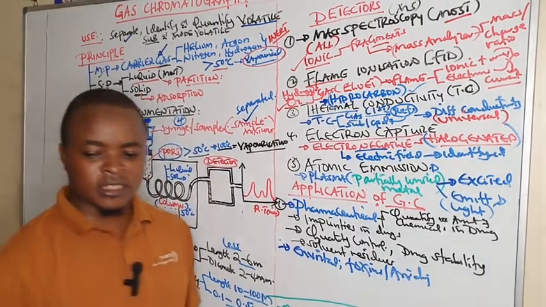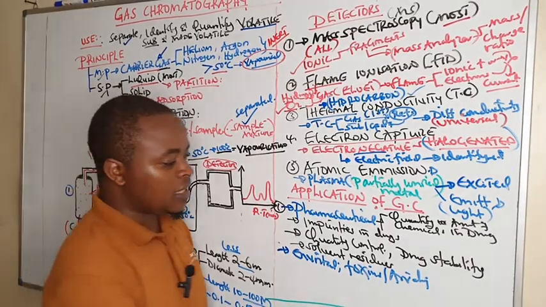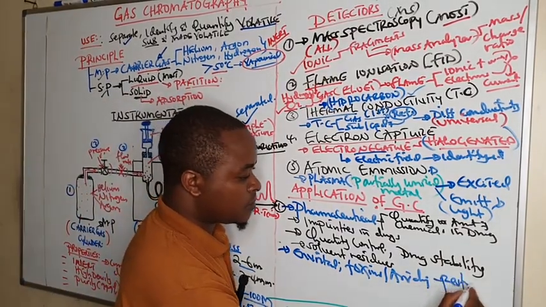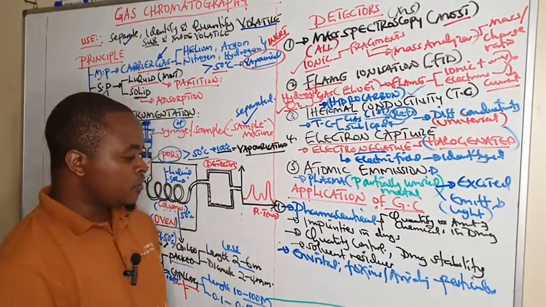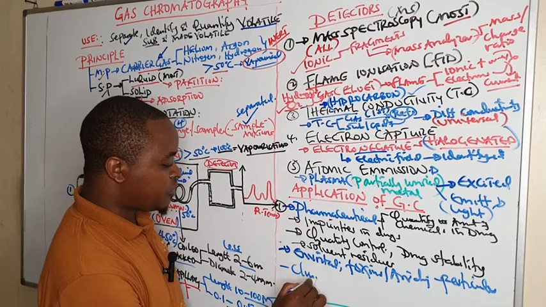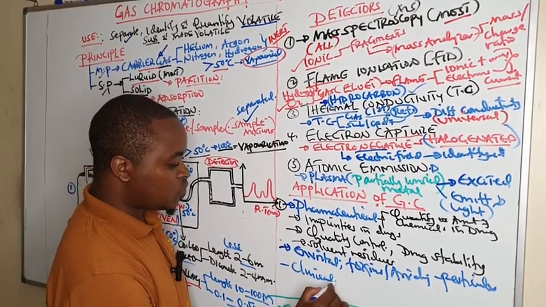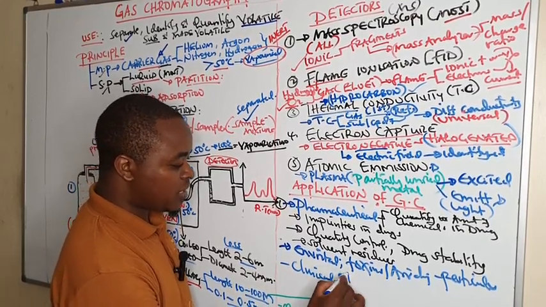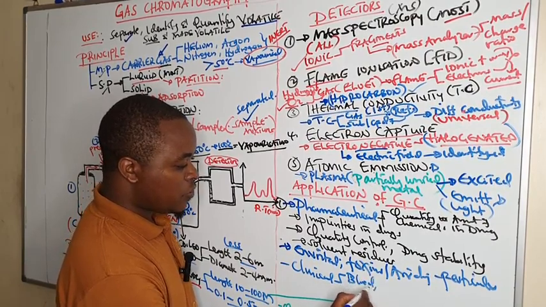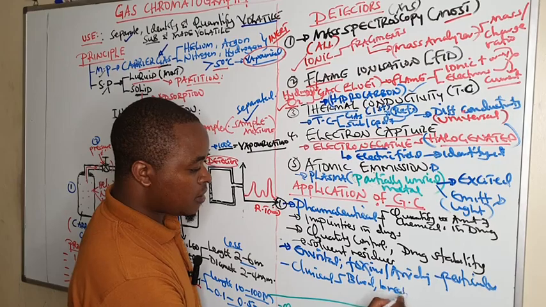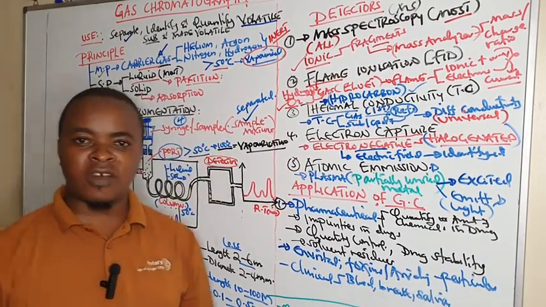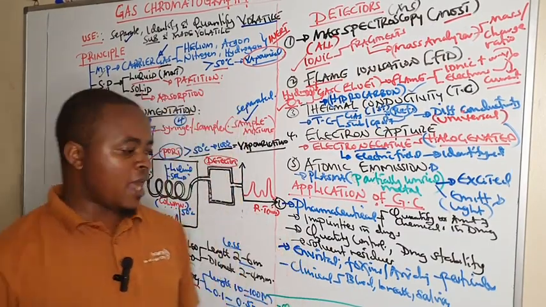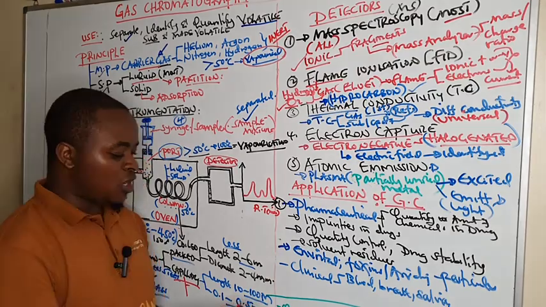Toxins like detecting presence of pesticides within the environment. We can use it to quantify them. Then within clinical laboratory, we are using this to quantify different toxins within blood, within breath, within saliva. For example, people who are on drugs of addiction like cocaine and other toxins are able to be quantified